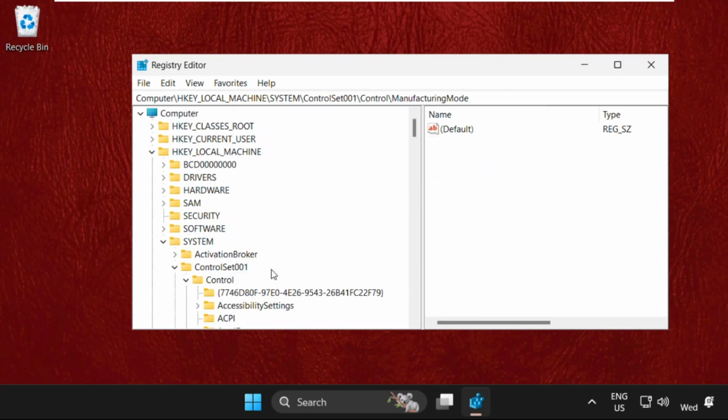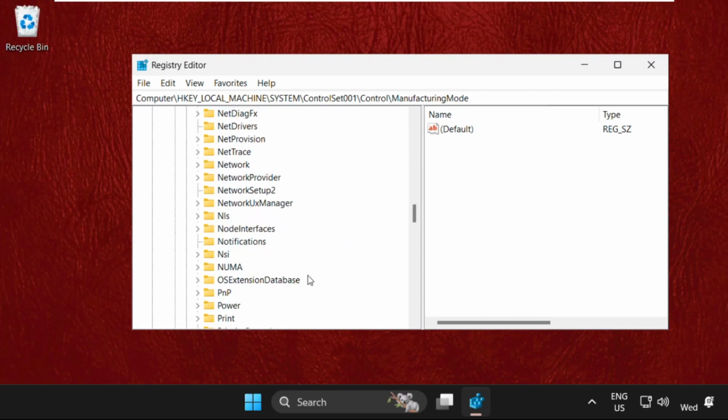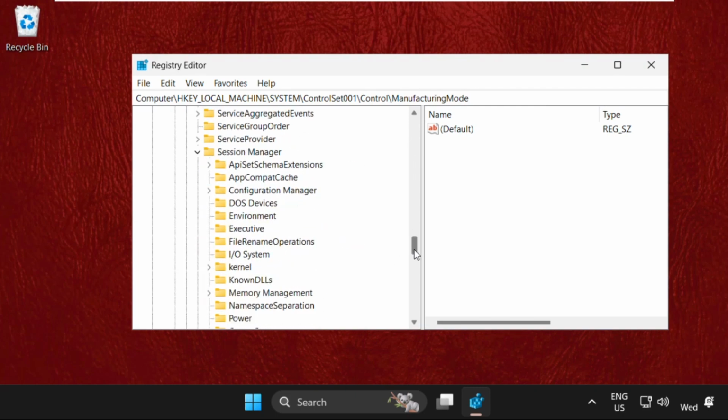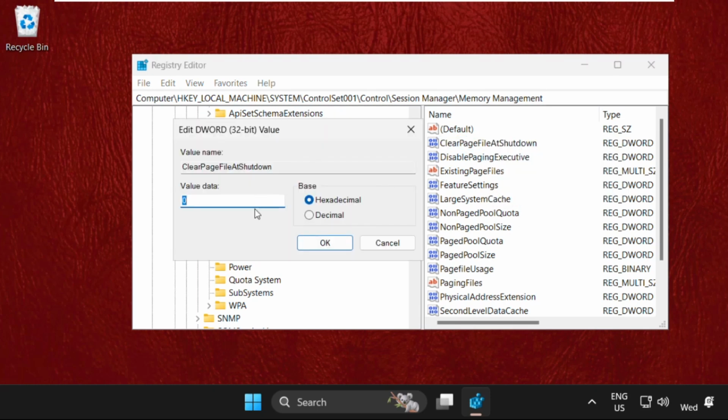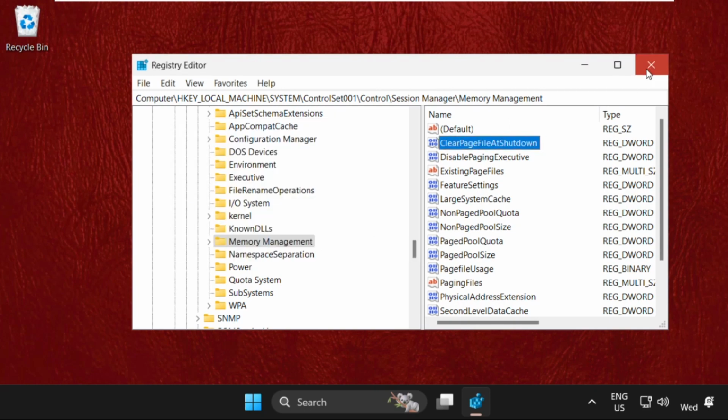In this session, so here it is, just select it. On the right side we need to find out clear page file at shutdown, and simply right click on it, select modify, change the value data as to 1. So click on OK. Now close this window, then